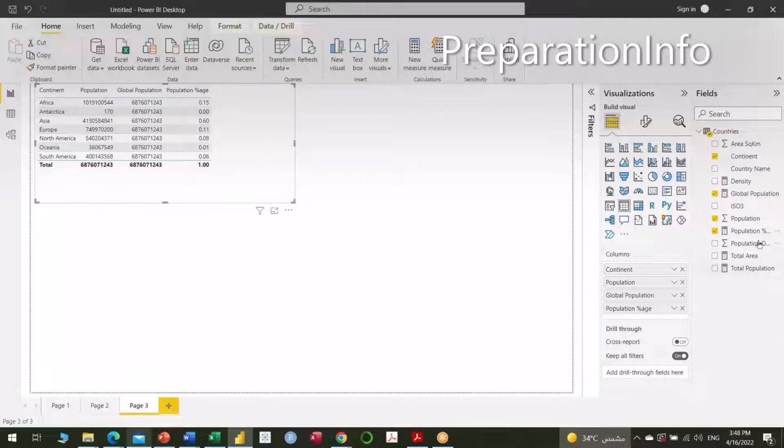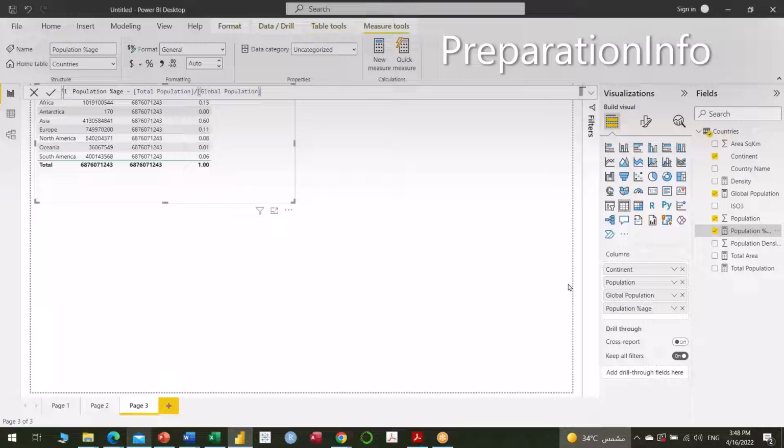Let's click on this population percentage. And here it is showing the formatting options. And now if I click on this percentage, this should become percentage now. You see now it is showing percentage. 14%, 60%, 10%, 7%, all that. Total population divided by global population. So if you come to tables and say page 3 and bring population percentage to it,